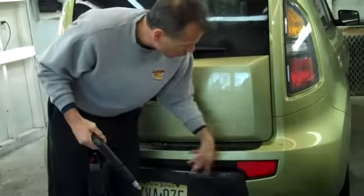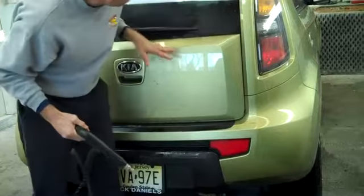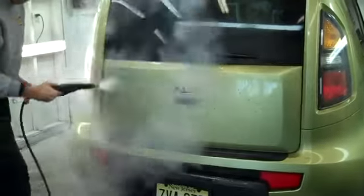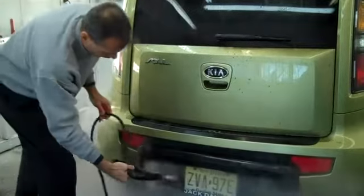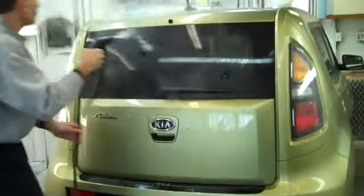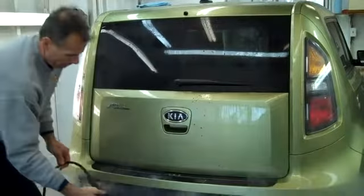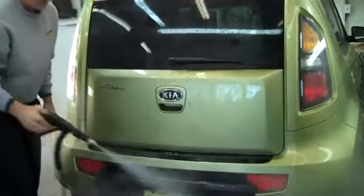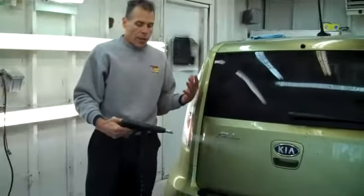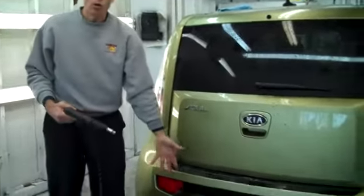Where we want to get in between the cracks and crevices and blow all that out, where the bumper cover meets the back of the car, where the tail lights come in. We want to be able to liquefy this and blow it out. And as you can see, it's not super wet, so we're creating good wetness, but obviously there's no water runoff that we have to be